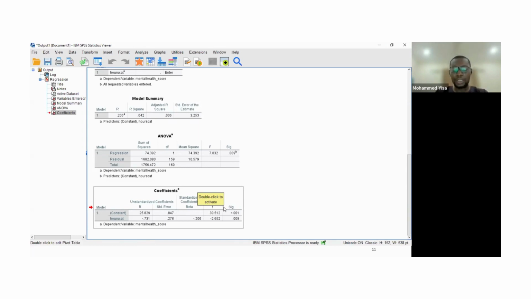And that basically tells you that based on the categorization of this variable, mental health score and hours worked basically is just to test it progressively against this mental health score to see if you are more likely to have a poor mental health score depending on the category that you are. So if you are in the first category, you are likely to have a better mental health score than the second category, and the higher your number of hours worked,